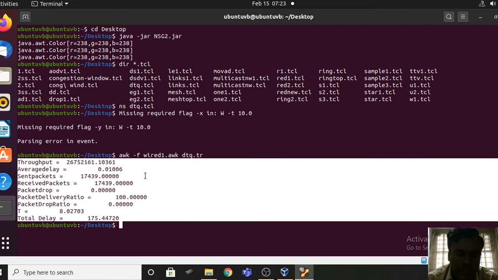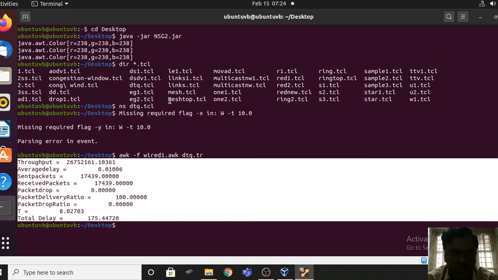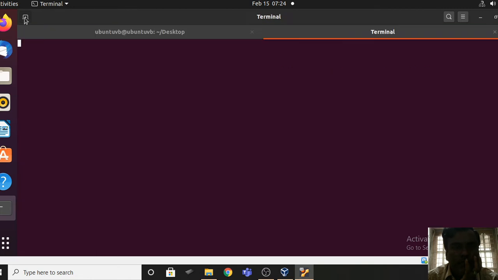Later you can arrange these values in a tabular form. So instead of copying these values one at a time, I am copying all these values at a time.